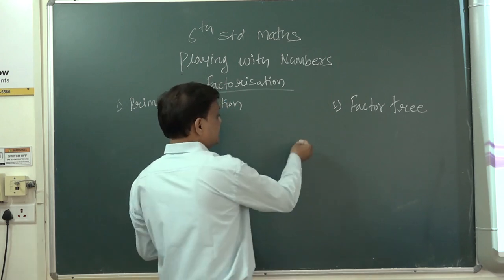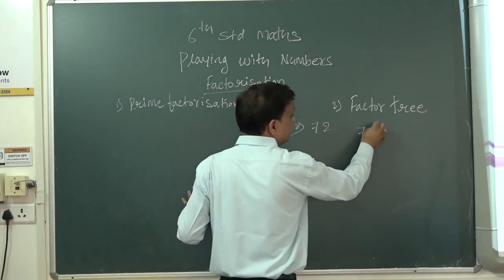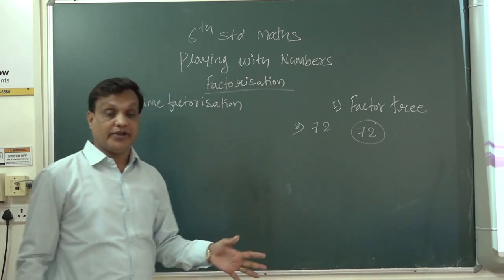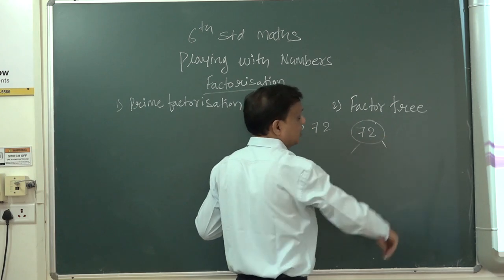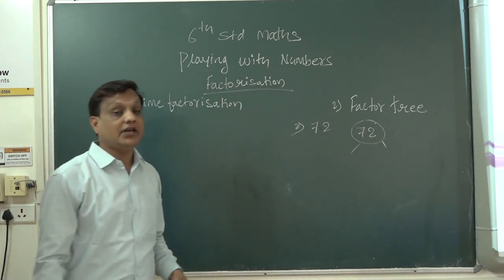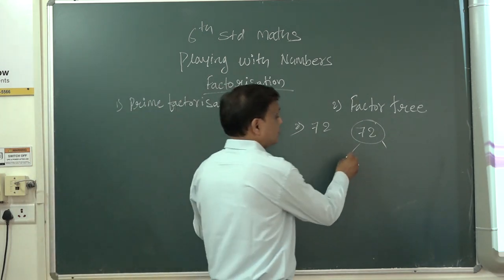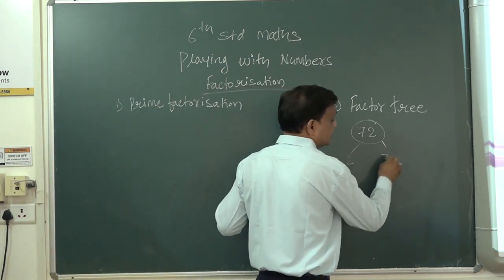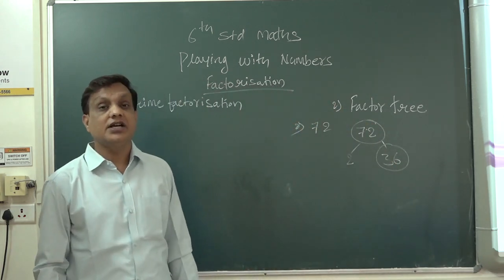I have taken the second example, 72. Again the same procedure. Again you have to circle it because that is the main number. Again you have to put 2 legs or 2 hands in this way. Now see, 72 will come in which table? As we took the 2 table, 2 36s are 72. You have to start with a prime number, so it is easy for you.